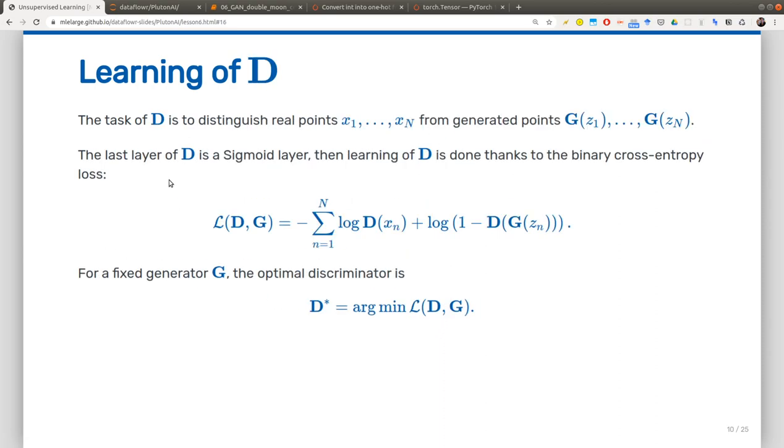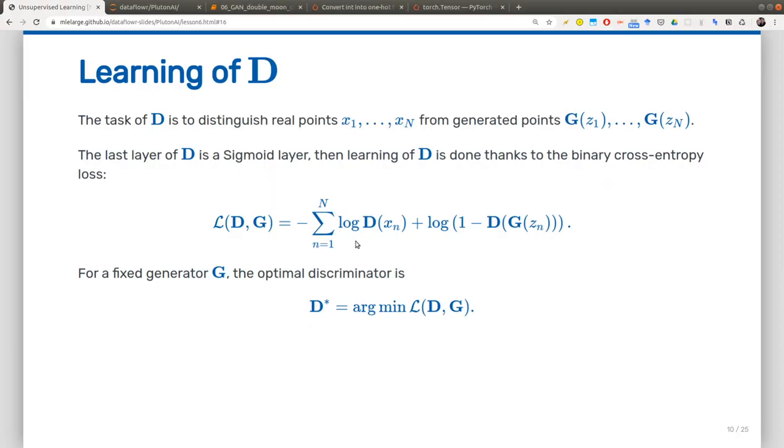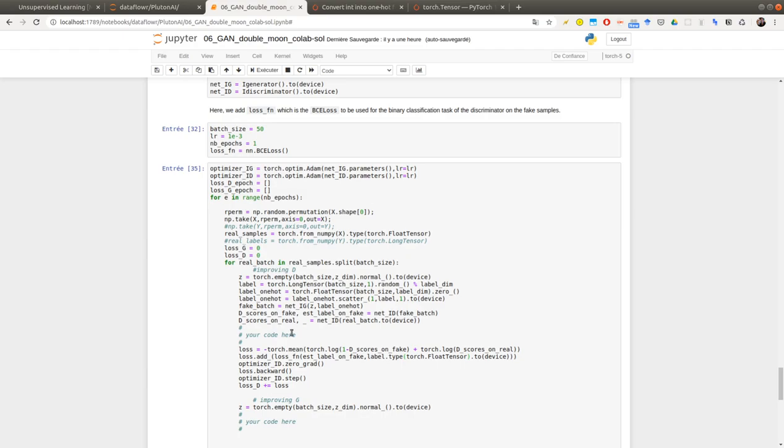So the learning of D is this loss over there, which is exactly this term over there.